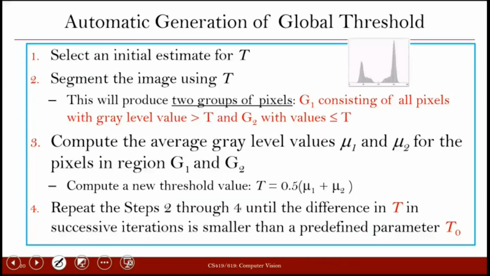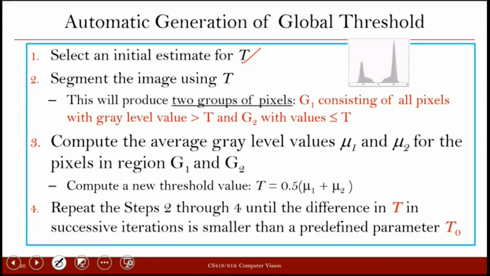Now let's briefly see, given a histogram, how to find a suitable threshold. In this example, we are assuming that we have only two peaks in the histogram. To decide the correct value of the threshold, we can follow this algorithm. It basically says that you select any threshold randomly in the range.